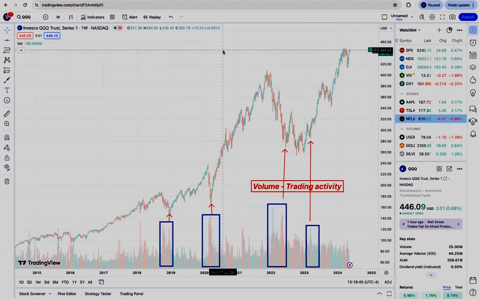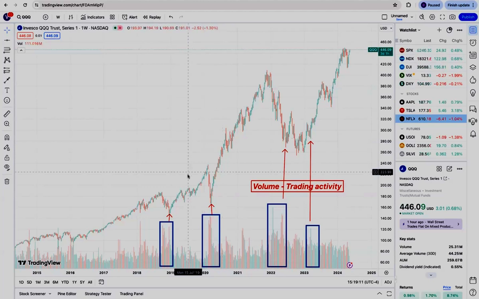Now I'm obviously simplifying those emotions down to their most exaggerated form, but you could call fear of missing out greed, right? Or the fear emotion is just, oh no, what if the market doesn't come back? I'm going to lose more money. I won't be able to retire on time. I won't be able to buy the new house. I won't be able to buy the car. The kids aren't going to go to college on time. This is the fear I'm talking about. So let's start reading here.